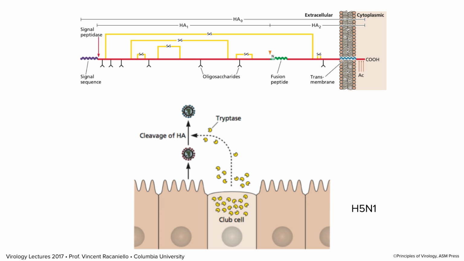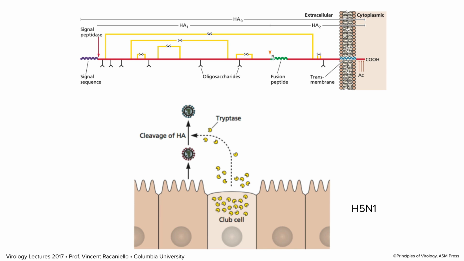That's one example. There are many, many others, but the point here is that multiple stages of the infectious cycle can limit the tropism of infection. Most influenza viruses, their tropism is limited by this enzyme, which is only in the respiratory tract. Now, there are some highly pathogenic avian influenza virus strains. They're called H5N1. They infect mostly birds. They cause big problems in bird farms, but occasionally they get into people. And then they don't just infect the respiratory tract. They go everywhere. They infect kidneys and liver, et cetera, and cause really, really serious disease.